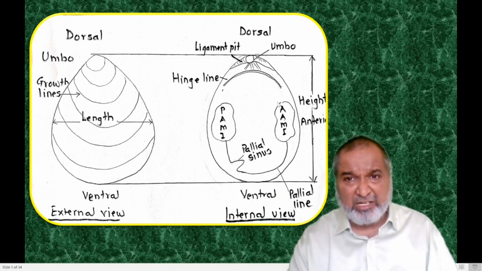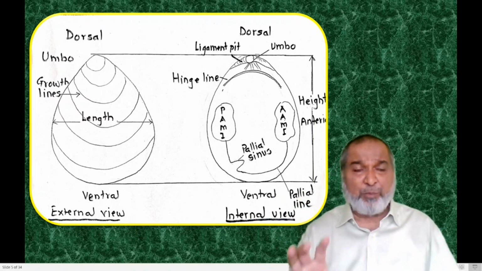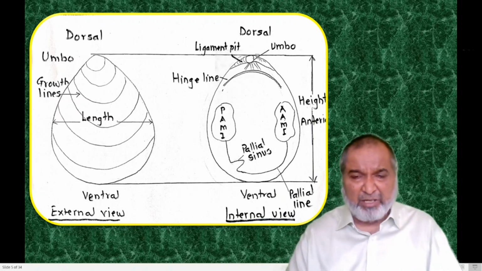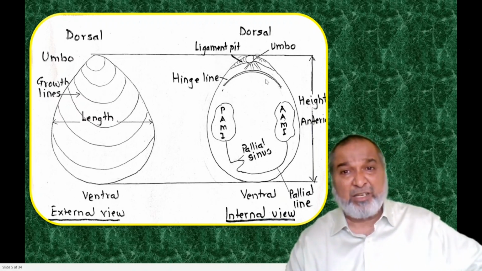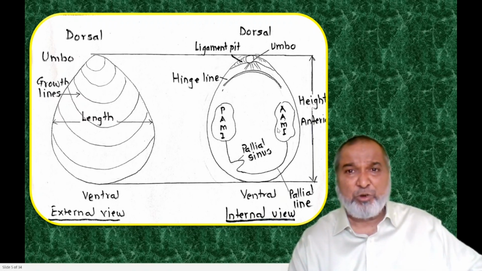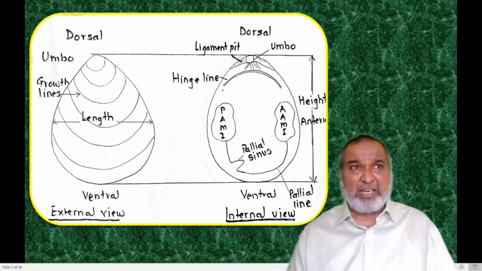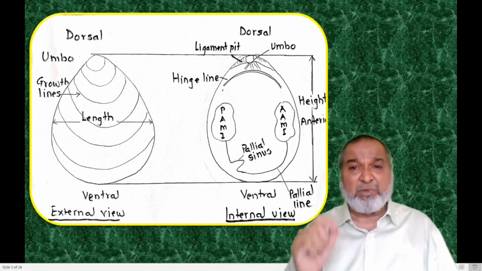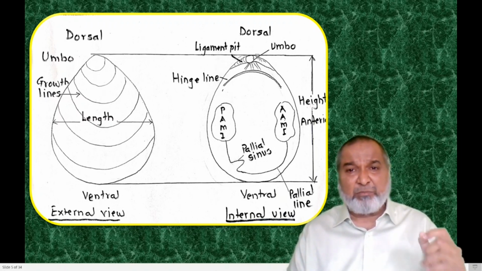On the inner side of that particular shell, we are going to have the muscle scars. These are the muscle impressions, and depending upon whether the number is one or two, and whether they are of equal size or unequal size, we have monomyarian, dimyarian, heteromyarian, isomyarian. These are the names given for the muscle impressions. But in this particular diagram, you are going to see two muscle impressions. The muscle impression present towards the anterior side is called the anterior adductor muscle impression; the one on your posterior side is the posterior adductor muscle impression.